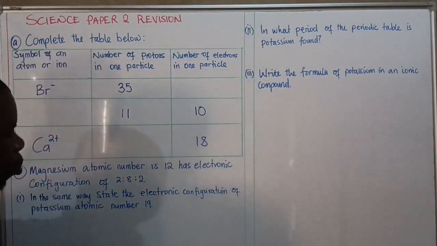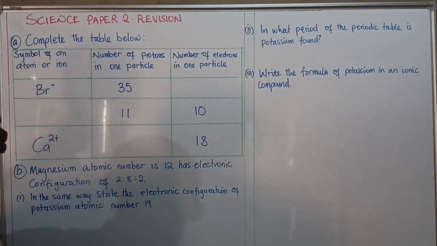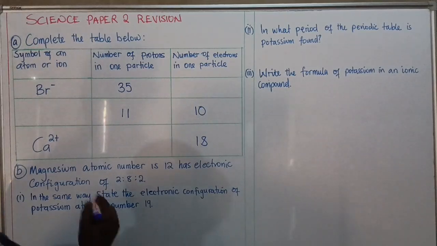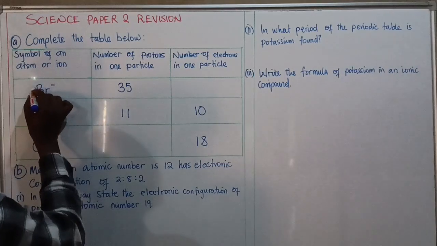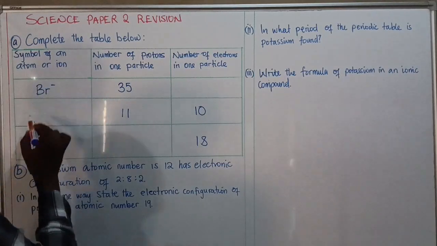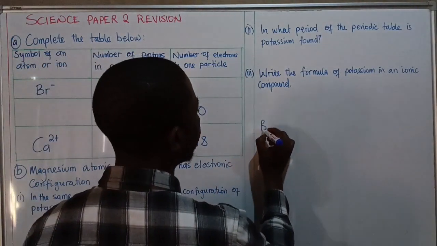Okay, so for you to be able to answer this question, guys, these questions are very simple. You just need to understand that this one, when you go on the periodic table, just passing through here, this is the symbol for bromine atom. So bromine atom, like this,